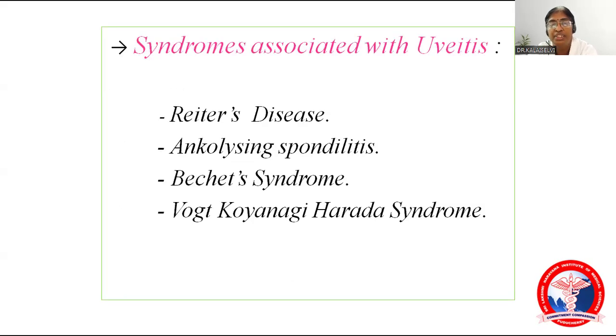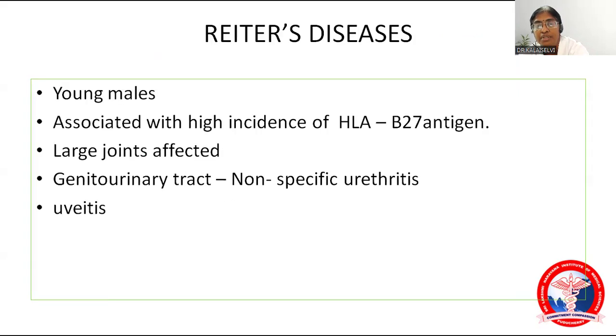So coming to a few of the syndromes associated with uveitis. You can have Reiter's disease or ankylosing spondylitis, Behçet syndrome, Vogt-Koyanagi-Harada syndrome, and sympathetic ophthalmia. These are only a few of the many. So coming to Reiter's disease syndrome,